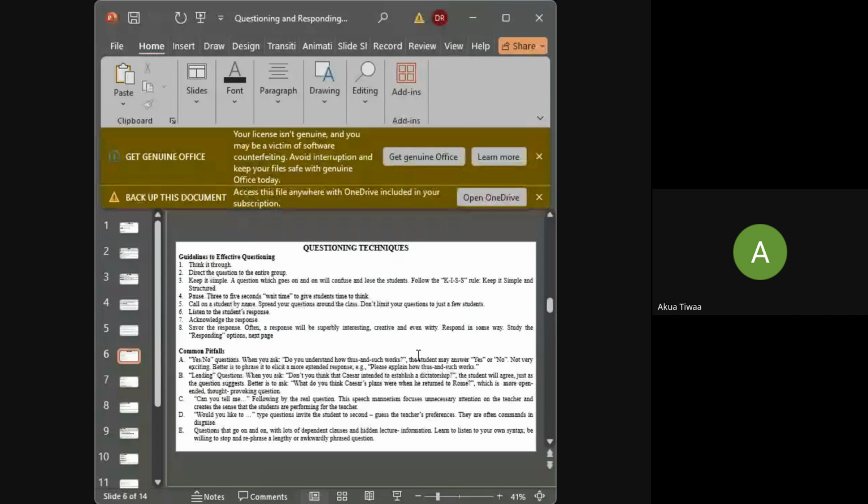You should know the level of the class that you are teaching, so use language that will be appropriate for them. Again, the fourth point is, after keeping the question simple, you need to pause. You have asked a question. There is no need to rush. So you pause and wait for a response from the learners. You wait for a while, about 5 seconds, to get a response.